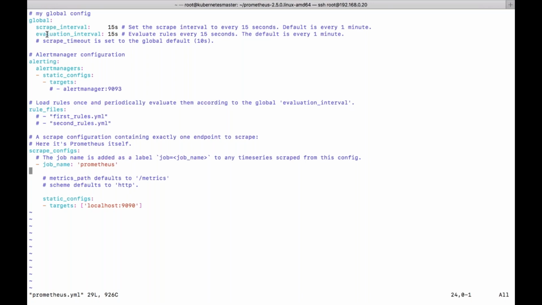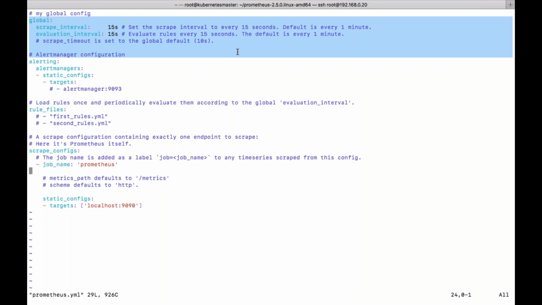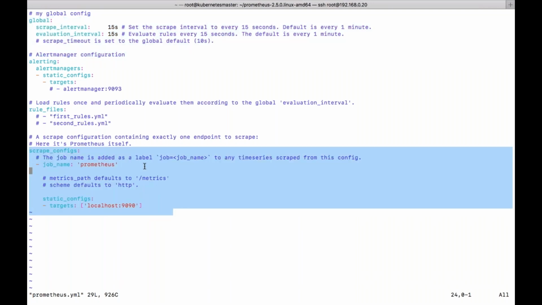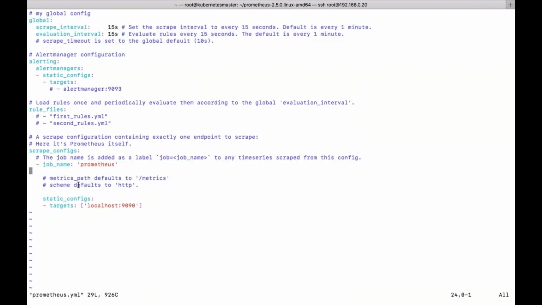This configuration file has two main parts: one is global settings and the other is alarms and all. Global parameters are the parameters which will be applied for the entire setup. If you want to set individual parameters, we need to mention them under the particular section. But I want to mention the parameters for the entire setup, so that's the reason I mentioned them under global parameters.